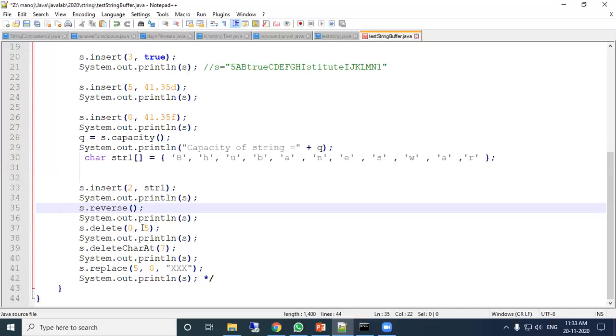Delete char at 7 means it will delete the character at the 7th position, but delete will delete this number of characters from the string. And replace, from the 5 position till the 8 position, these characters will be replaced. Okay, let us execute this.